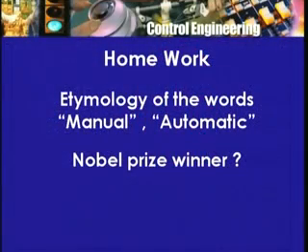So don't forget to do the homework. What was the homework? You were to look up the word manual, and while you are at it, you might also look up the word automatic in your dictionary. Find out what are the roots of those two words, manual and automatic. And secondly, find out who was given the Nobel Prize about 100 years ago. An engineer, a control engineer, was awarded the Nobel Prize. When, where, what is the work that he did? I told you some things about it. Try to get more details about